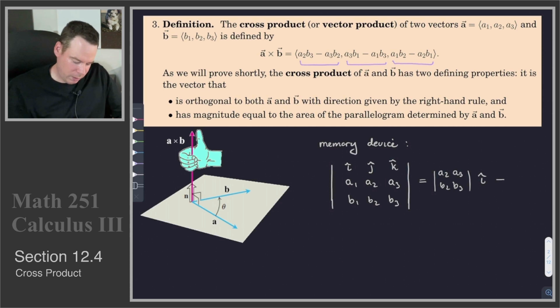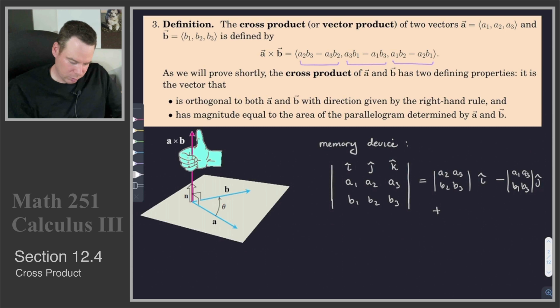Now we take away this term, j hat, and multiply it by the 2 by 2 submatrix with this column and this row removed. So that would be negative the determinant of a1, a3, b1, b3, and that's j hat,